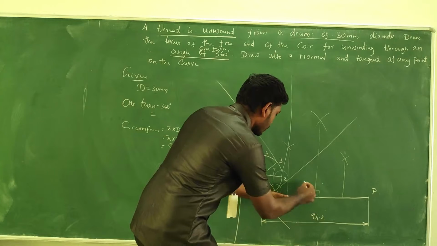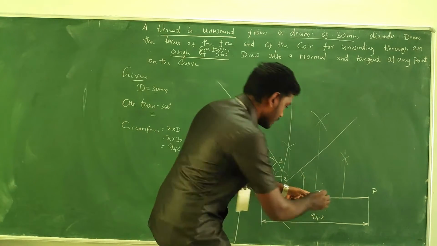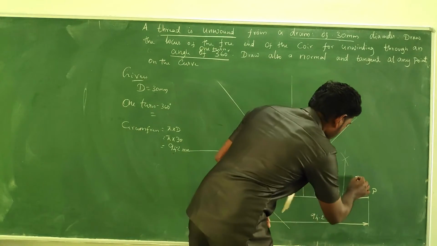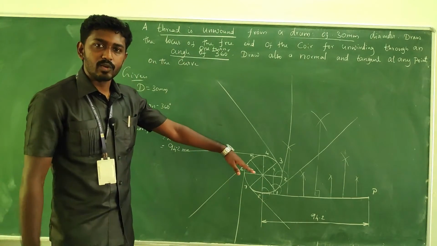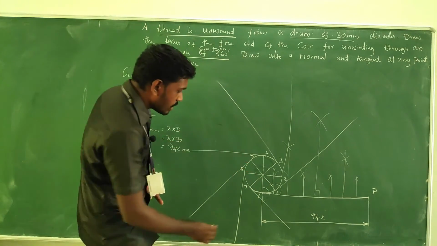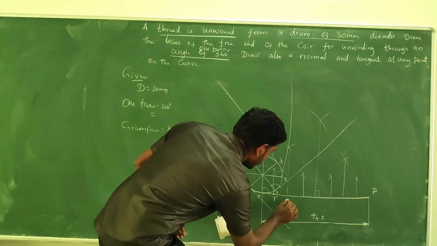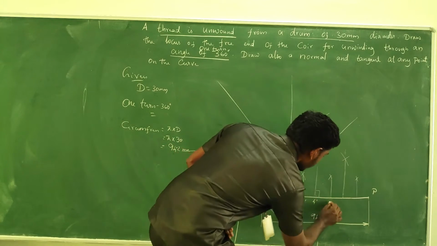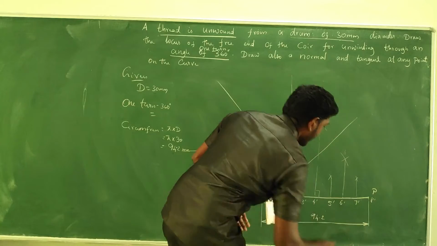Then take more than half, make a cut mark, and drop a line at 90 degrees to it. In the same manner, make a cut mark and drop it. Repeat the same thing so that you get 8 equal divisions, right? And this is the first point. I'm going to take this as 1 dash, and this is 2 dash, 3 dash, 4 dash, and this is 5 dash, 6 dash, 7 dash, and 8 dash.